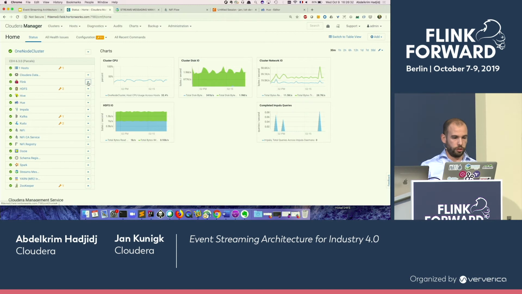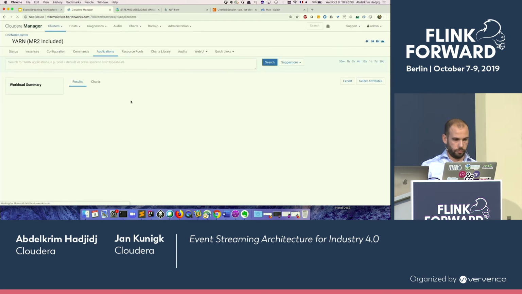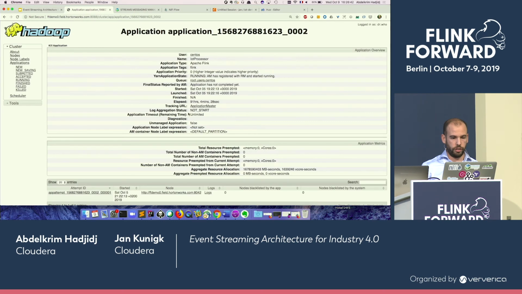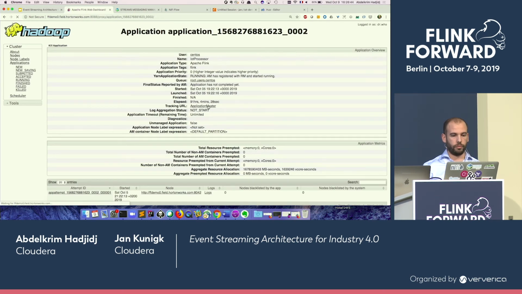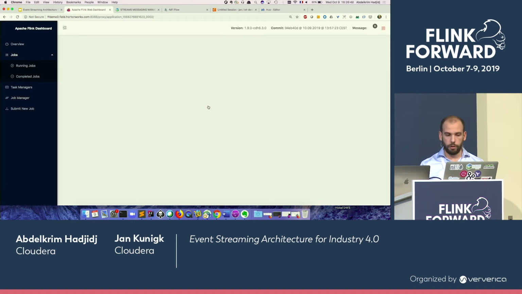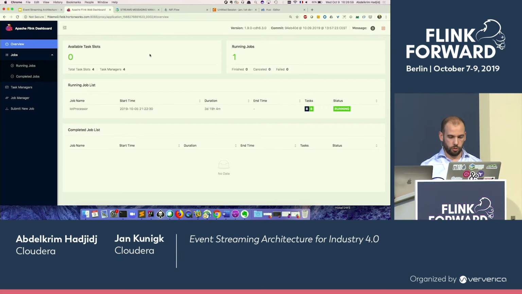So if we look, for instance, here on Yarn, we can see that we have our Apache Flink application running, which is doing some processing. So mainly reading from one Kafka topic, doing some aggregation, and then sending back to another Kafka topic. But what's happening? Let's step back and see how we were able to get the data.